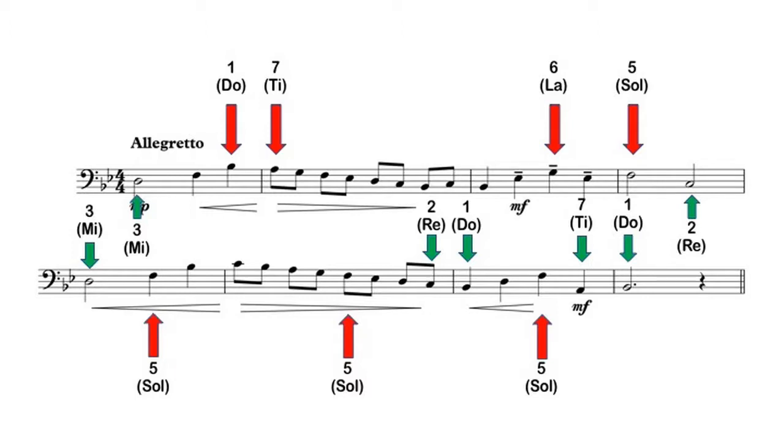In measure 5, it continues to hang on to that sol. It passes through it on the scale in measure 6. In measure 7, we return to it, before it resolves to tonic in the last measure,